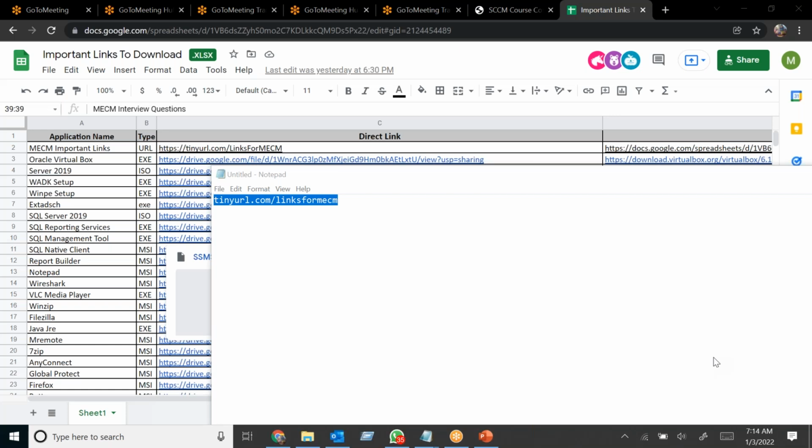You see, SCCM jobs are hardly available for freshers. Put yourself on mute, I'm getting background noise, guys. Now, you will hardly get an SCCM job if you show yourself as a fresher, so don't show yourself as a fresher on your resume. Whatever experience you have, let's say 4 years, you can put at least 2 years of experience in Windows Server and another 2 years in SCCM, so that they will not consider you a fresher in SCCM, and you should be able to crack the interview.